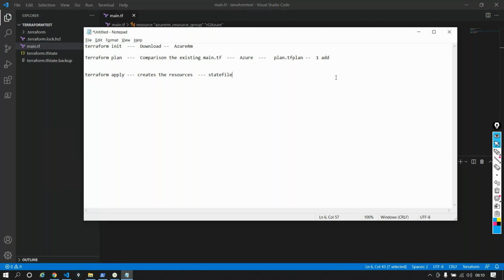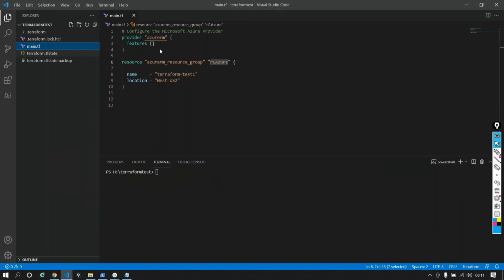This is called terraform.tfstate. Now what does a state file do? The state file maintains JSON entries of all the objects that it has created. Objects as in resource groups or storage accounts, whatever you're trying to create using Terraform. It has a record of everything that Terraform is managing on the Azure portal. So this now becomes something known as a source of truth, meaning